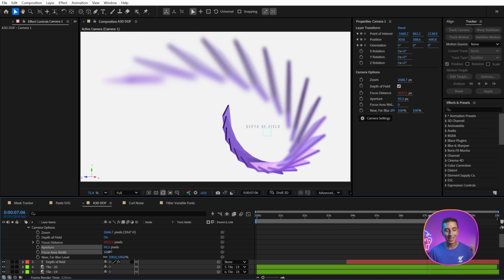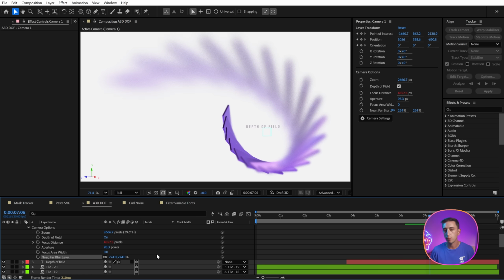We've got a focus area width, which is basically how much of a Z depth area we have that can be in focus before blur is applied. With it turned down all the way to 0, we're going to get a pinpoint accuracy of a plane that is in focus and everything else is at least a little bit out of focus. And then we have a near and far blur level, which increases this. It's kind of like a multiplier